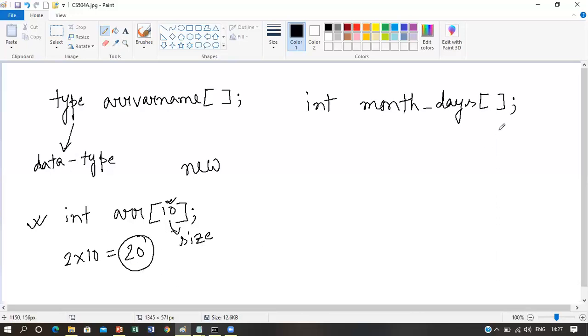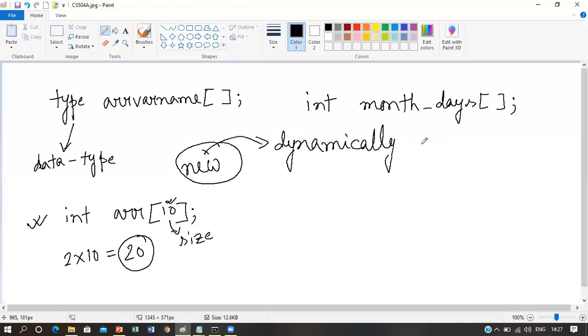But in case of Java, no concept of static memory allocation is there, only dynamic memory allocation is allowed. Now this dynamic memory allocation can be done using a special operator which is known as the new operator in Java. This new operator will actually allocate memory dynamically.